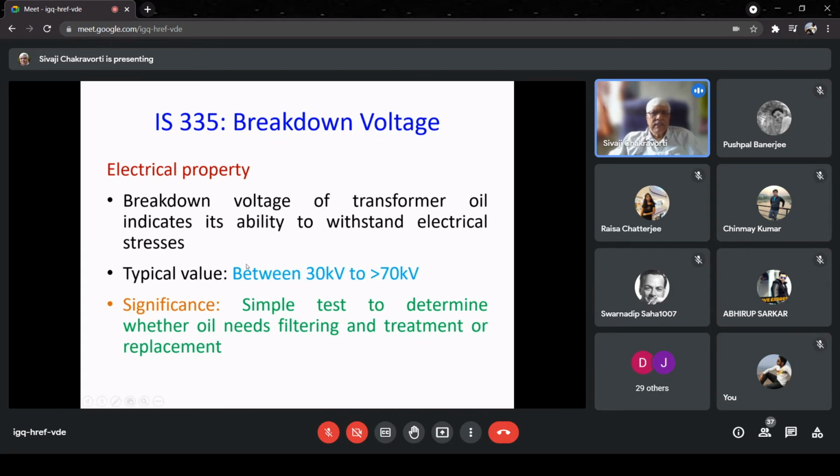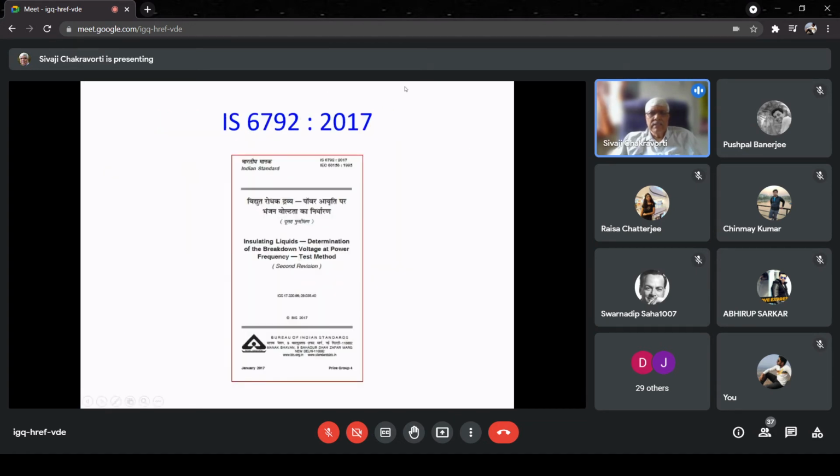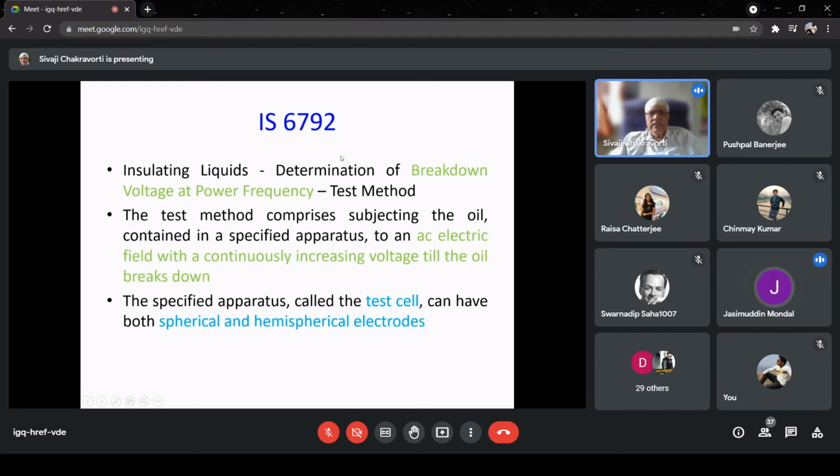But here you can see we are measuring breakdown voltage. So you can always ask why we are measuring breakdown voltage, why not breakdown strength? The answer is very simple: we are using a very standardized setup which is given in IS 6792. And if I use that standard set,